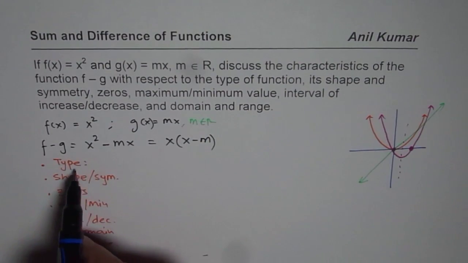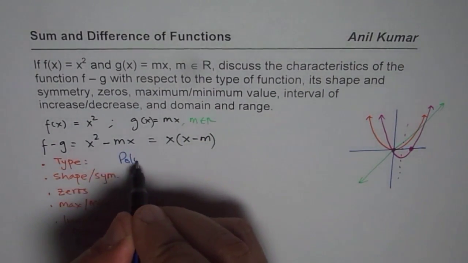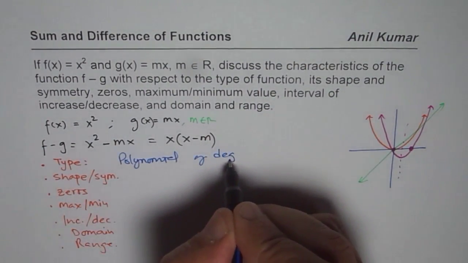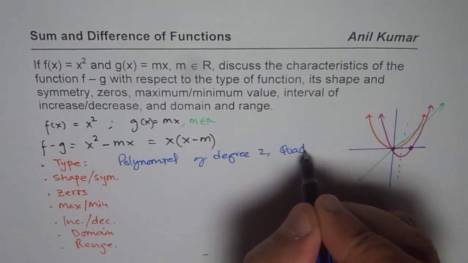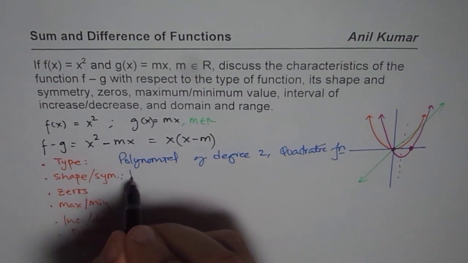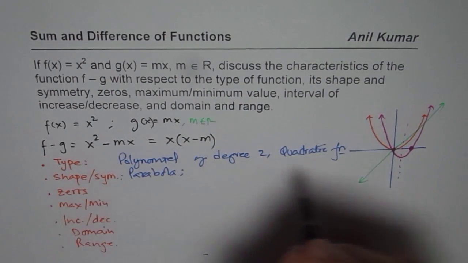The very first one is type. So the type of function is a polynomial of degree 2, right? Of degree 2. So you know it's a quadratic function. Okay. Shape is parabola. And symmetry is